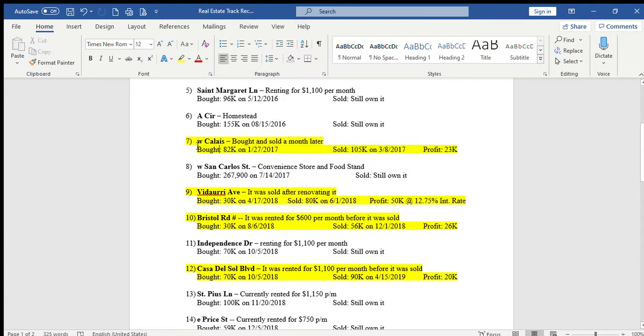So I bought it for 82,000. I gave her 17 down, and a month later I put it on Craigslist just to see if there was any interest, and a month later I sold it for 105. So in a month I made 23,000 profit, minus 1,000 that I put in the storage. So I made 22,000 profit. So it was a good month,